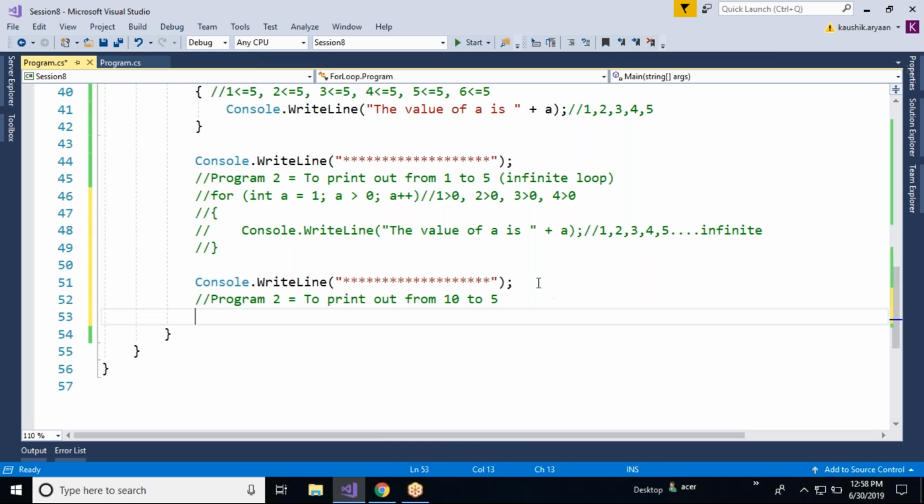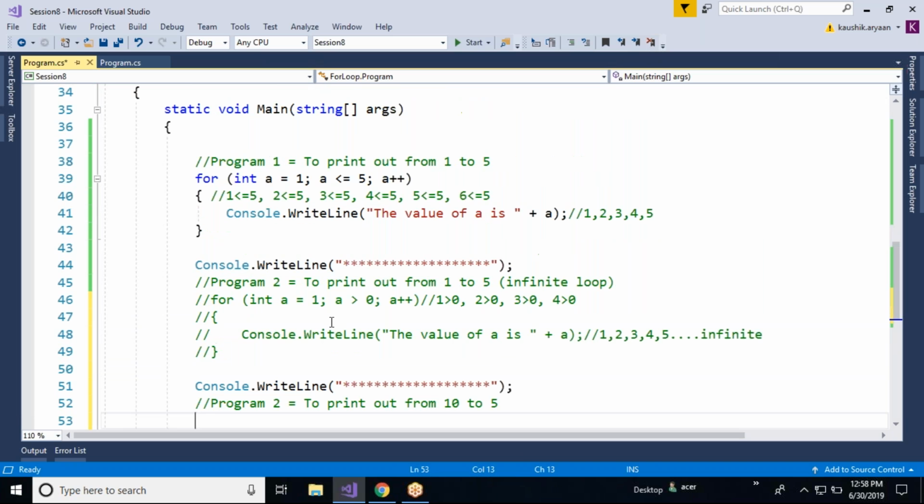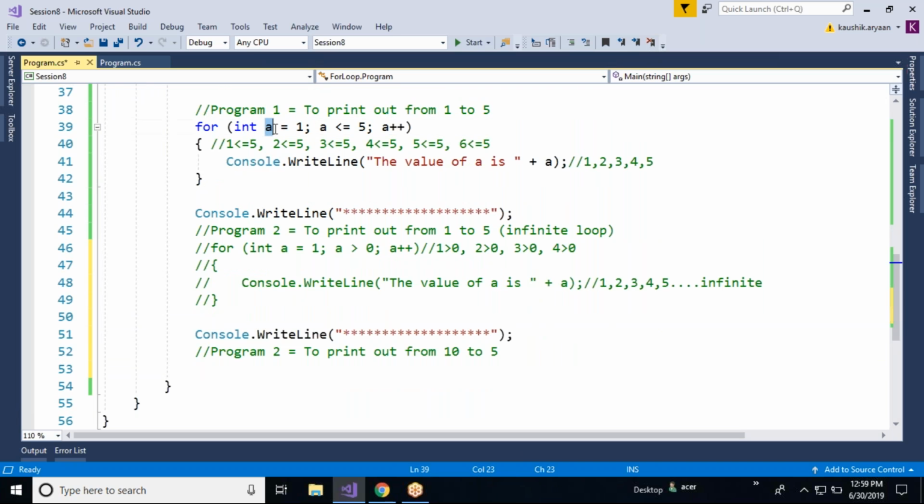The first question is, can I use integer a? Can I use integer a? Integer a has been defined out here. I have always told you that variable names cannot be duplicated. Now, variable names cannot be duplicated in the same scope. So there is a note out here stating that